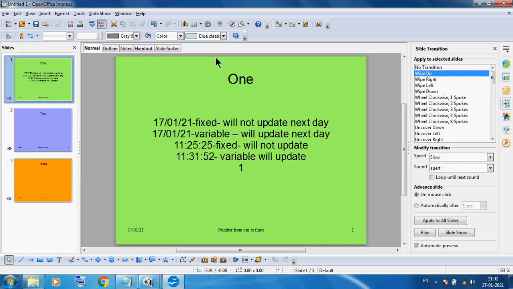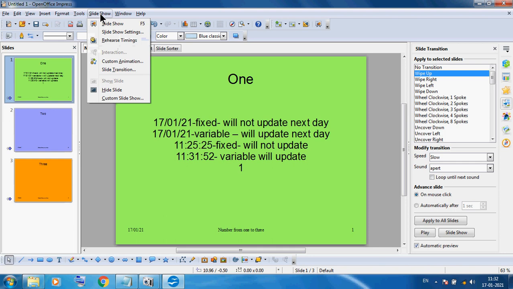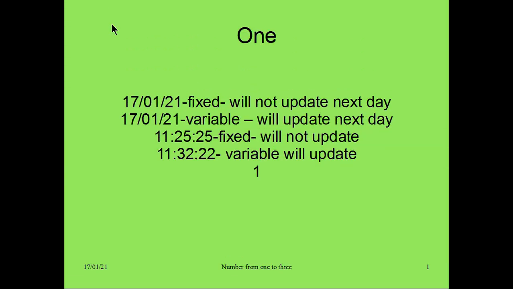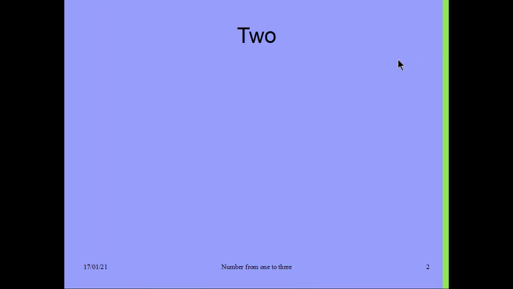So here I want to show this animation in full screen. I am using slideshow, and you can see slideshow again. Okay students, now we can see the result of the slide transition. This is our wipe up. Now I am clicking. This is the sound and the animation of the slide transition of the second slide. You can see this is our third slide animation.